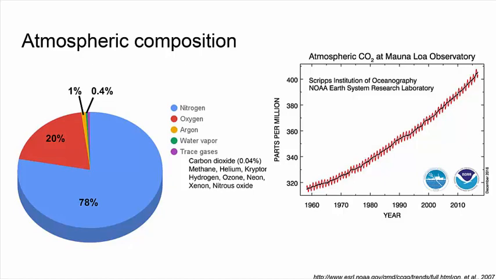But what you also notice, so the black curve is the average, like a low pass filter, just averaging over years moving through it. But you can also see there are these variations occurring every year, and this has to do with the northern hemisphere. As I was pointing out before, there's more land in the northern hemisphere. So in wintertime there, CO2 levels peak because you have less photosynthesis. So that's why it's changing seasonally, as well as the overall increasing trend, and it's getting up over 400 parts per million.